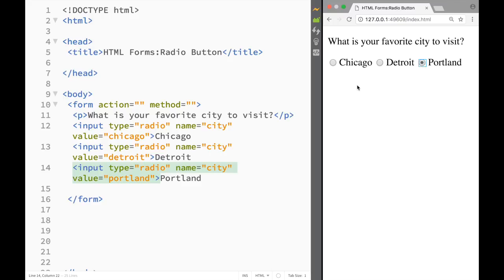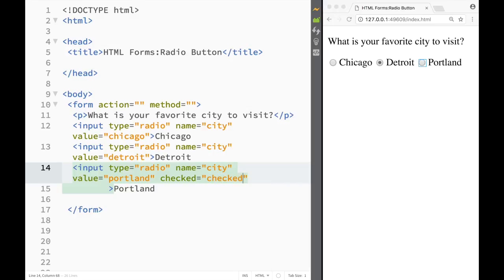So let's say if you would have a yes or no question, then you could choose either yes or no. There would be no other option. Now there's also one more thing that I'm going to show you, and that is the attribute checked. What it does is when the page is already loaded, it displays that radio button as checked,